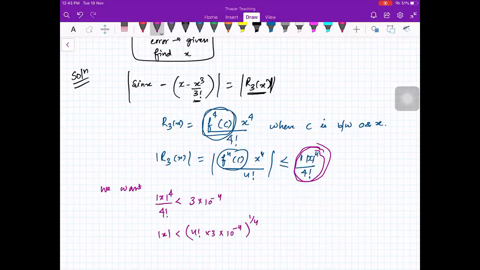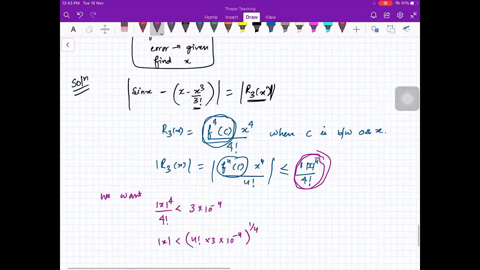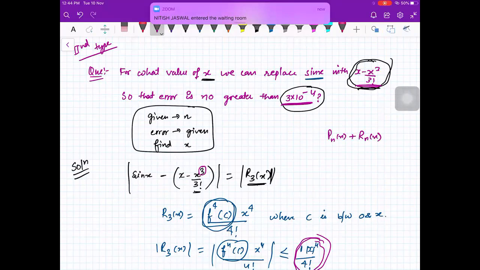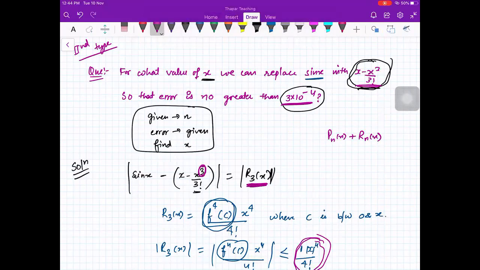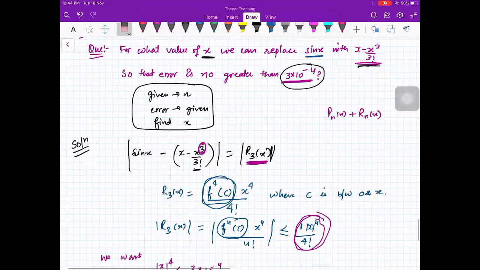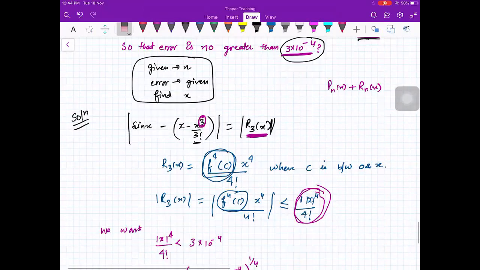Where do we take R3, ma'am, exactly? Because beta, you see, you are replacing with this. So this is up to third. So if you are replacing with Pn(x), then the next error is Rn(x). Here you are replacing up to power 3, so the error is R3. If it is 5 here, next is R6. Got it? Obviously, this is given to you. The next term will be this. Whatever this power is, that is the n here.